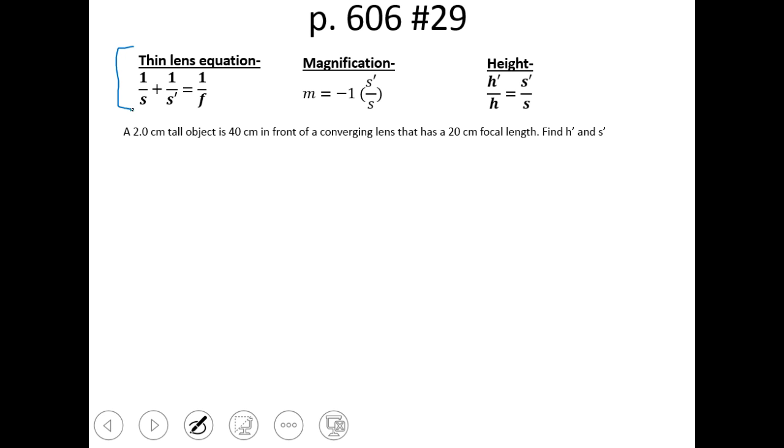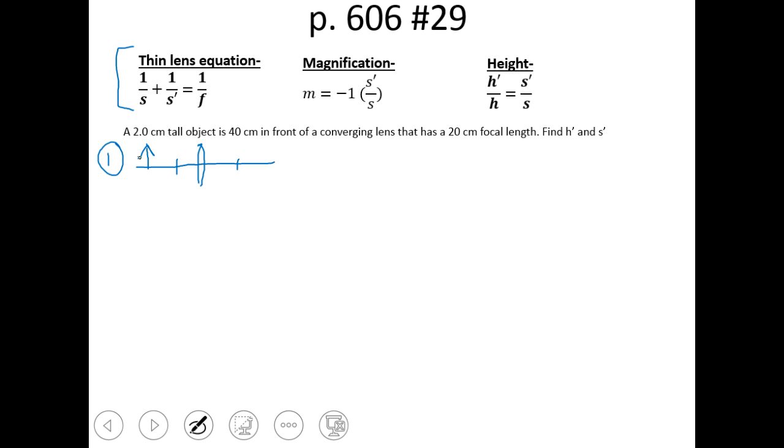Find h prime and s prime. In fact, this whole set of problems asks you to find h prime and s prime, so that's a constant. All right, so my first step is to draw out this situation, right? And to do that, I need an optical axis and a converging lens. My focal length is 20 centimeters, and I've got a little tiny object that is actually outside of that focal